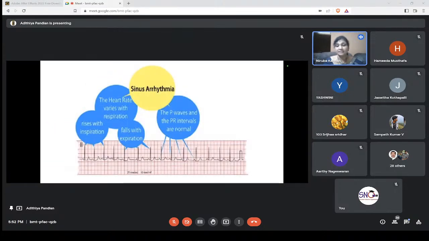Sinus arrhythmia. This condition you must know, when the heart rate is varying with the respiration. In inspiration it is increased and in expiration it is prolonged. That is the normal ECG finding which you have to know, when there is a variation with the respiration. Next